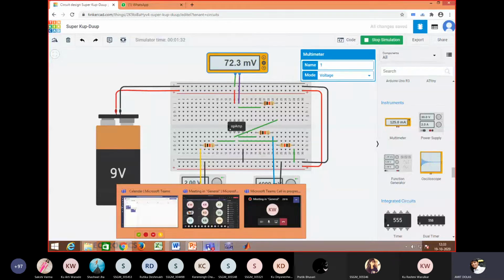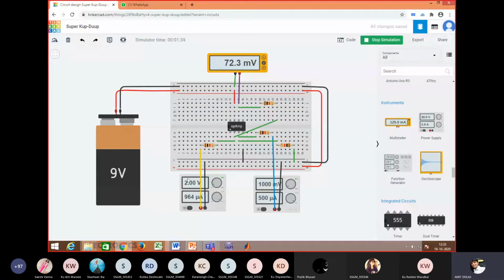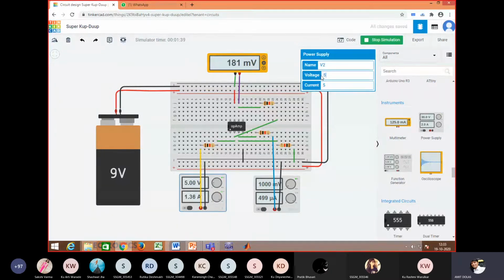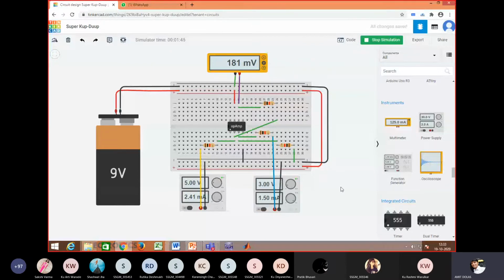It is not showing this result. What I will do here, I will set V2 as 5 and V1 as 3. Then 3 minus 5, it must be minus 2 on the voltmeter, but it shows 181 millivolt.